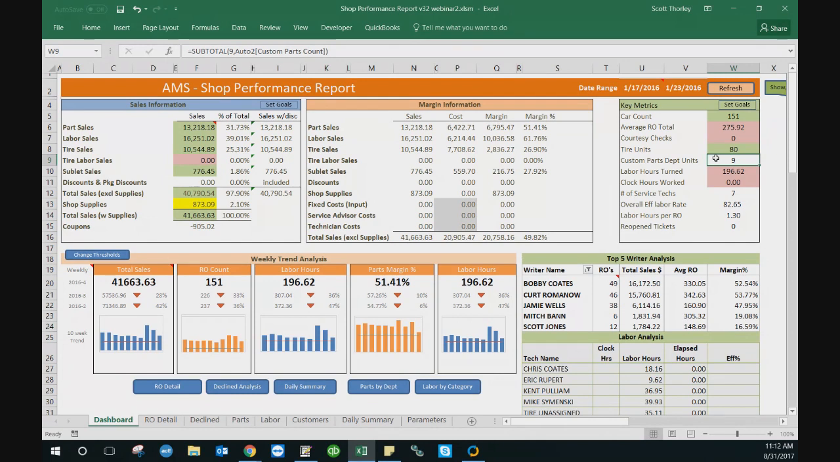Florida needed to see how many batteries were sold. So for this shop, this example is batteries. How many labor hours were turned by your technicians? How many clock hours? Now, this will work if you use the time clock in RO Writer to clock techs